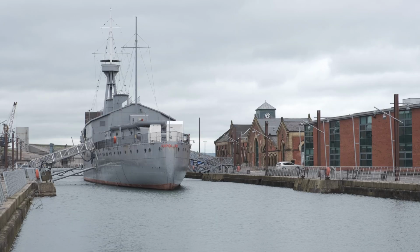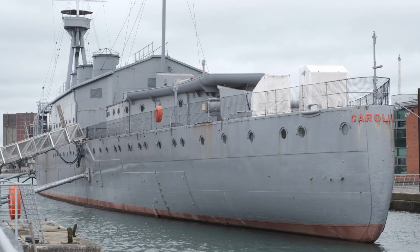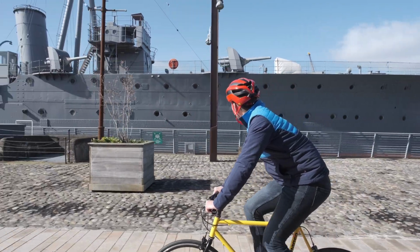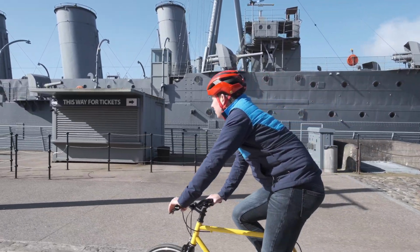HMS Caroline's one of the oldest remaining ships from the Battle of Jutland in World War I. It wasn't built in Belfast, it was built in Birkenhead, but it's been in Belfast since the 1920s. It used to be the headquarters for the Naval Reserves and is now a museum ship. So it's really interesting. But then as you cycle or walk around, you can see the heritage of the shipyard everywhere,